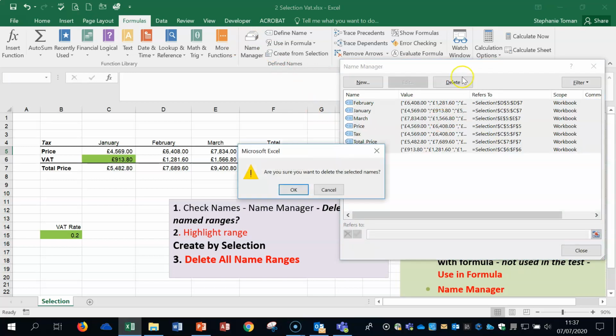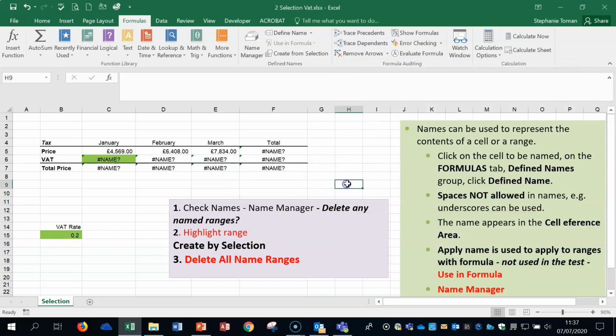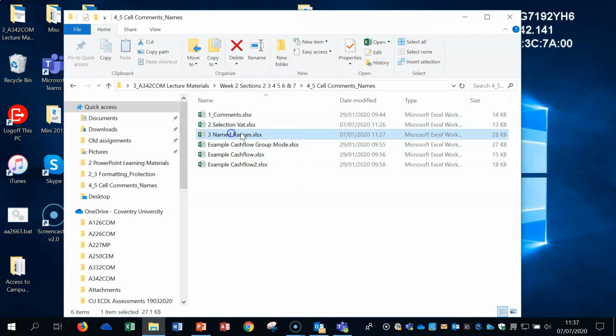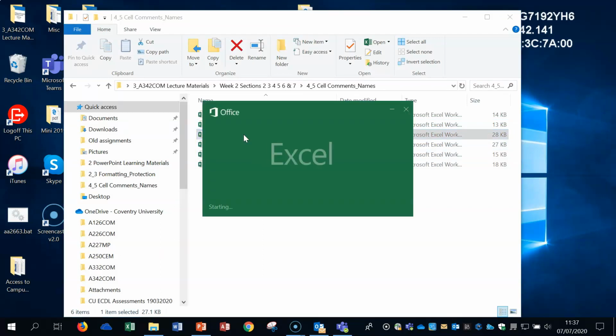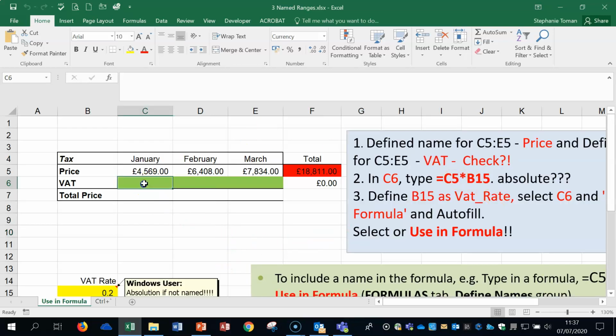I can use the delete key, or I can use the delete at the top and close. Let's move to the next example. Let's close that. I'm not going to save, and let's open up the named ranges just to cover this syllabus area a little bit more. So in here, what we have